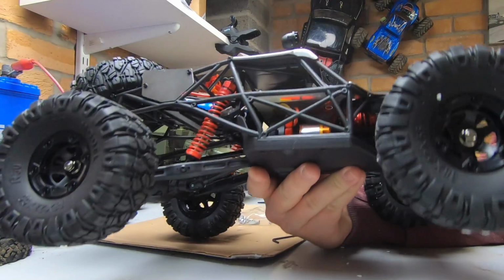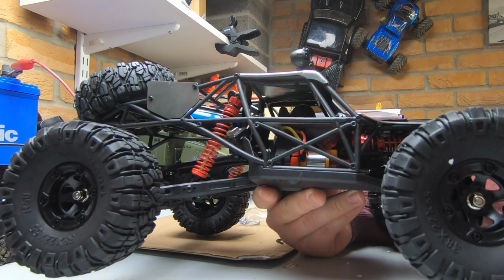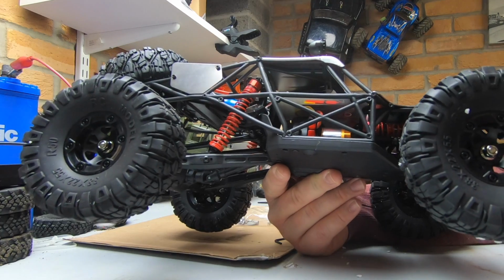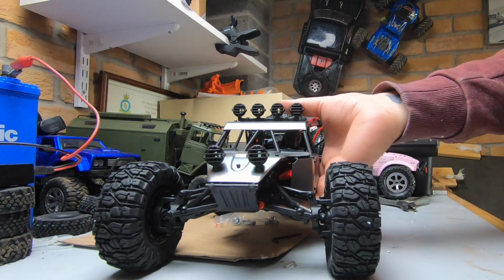But if that works for this, then that's fine. I'm not sure, it's definitely not 540 size. I'd say it's probably like a 370 size. I'm hoping though that they'll still propel this to the 35 kilometers an hour. Now,